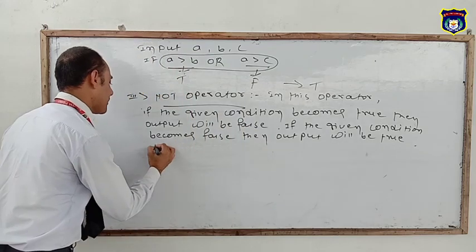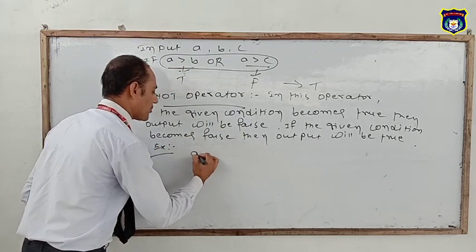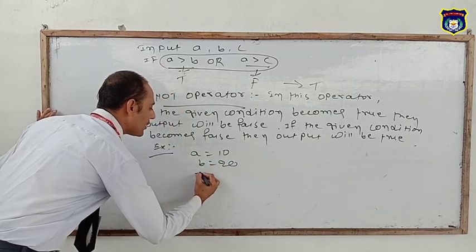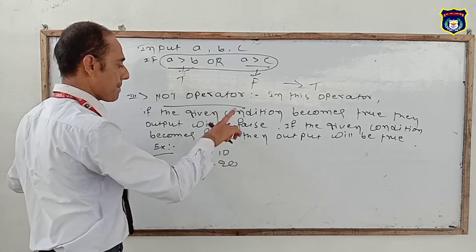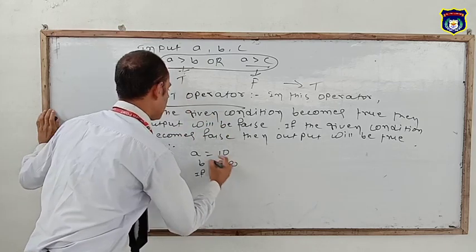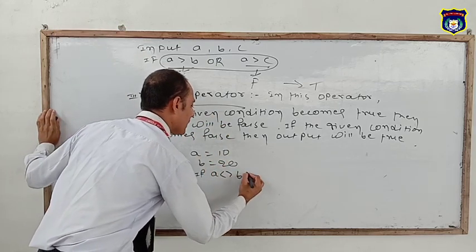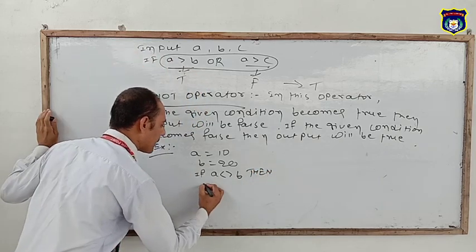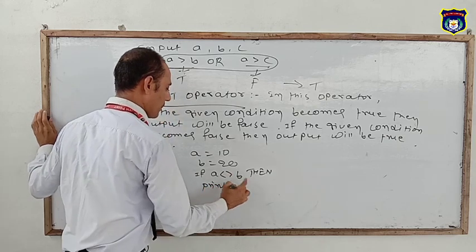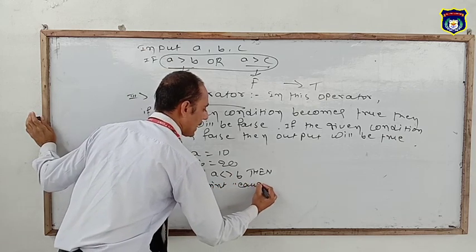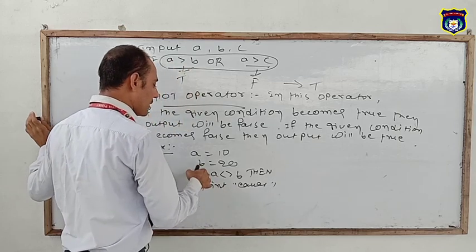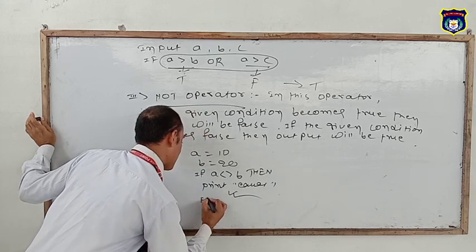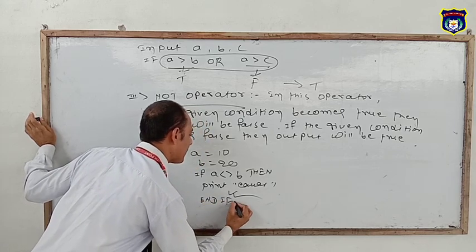That means, suppose a simple example, we are taking A equal to 10 and B equal to 20. Okay, then when you follow the condition, if A is not equal to B, then when we write the condition, print a string such as equal or not equal. If A, 10, is not equal to 20, then it will display this statement. Okay, always close the IF statement and finally END.